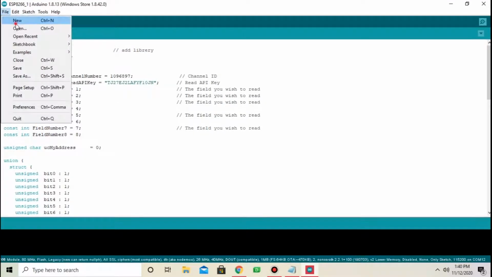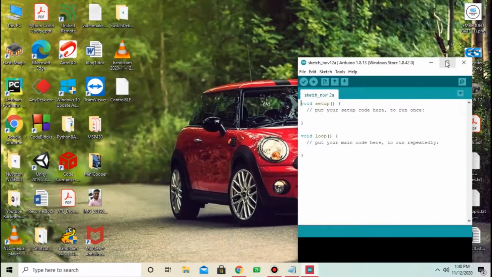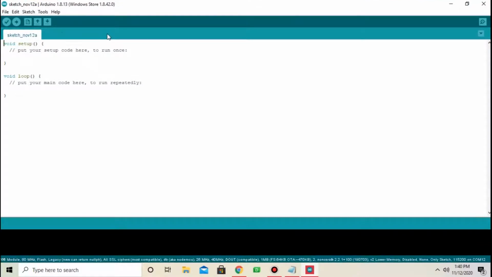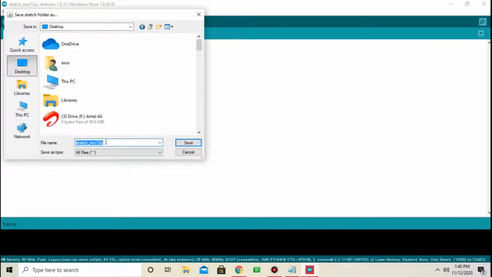From file, create new file, close previous one, save, assign any name, and save.